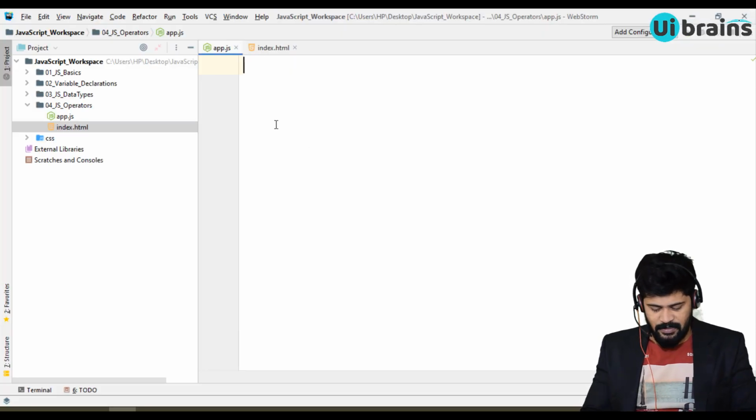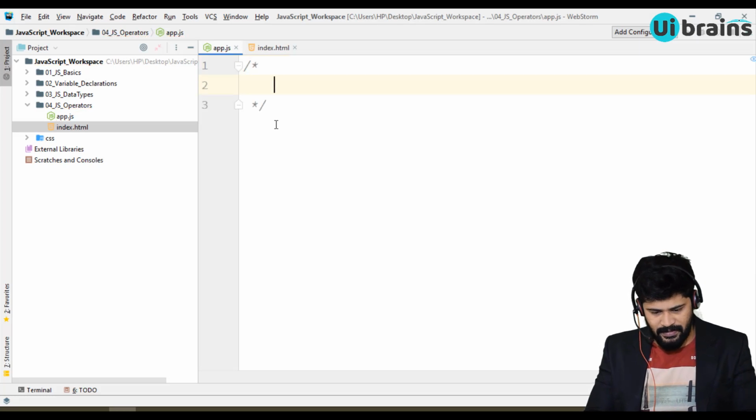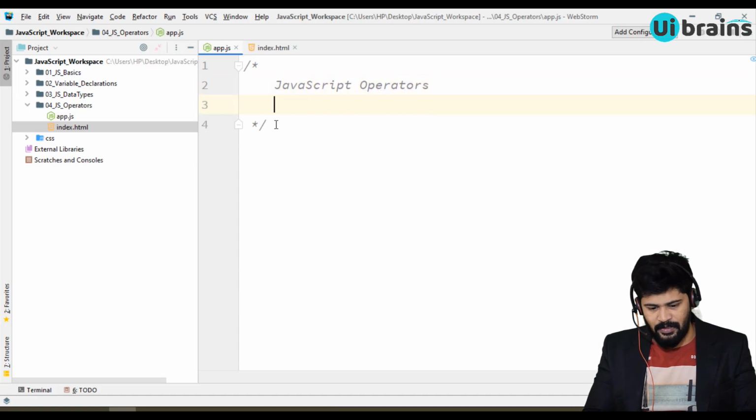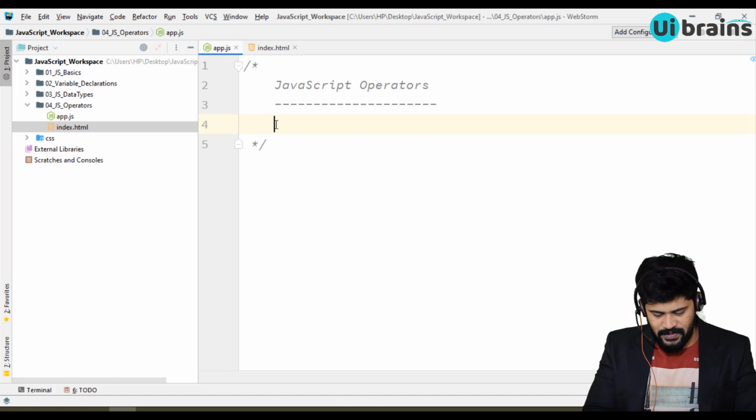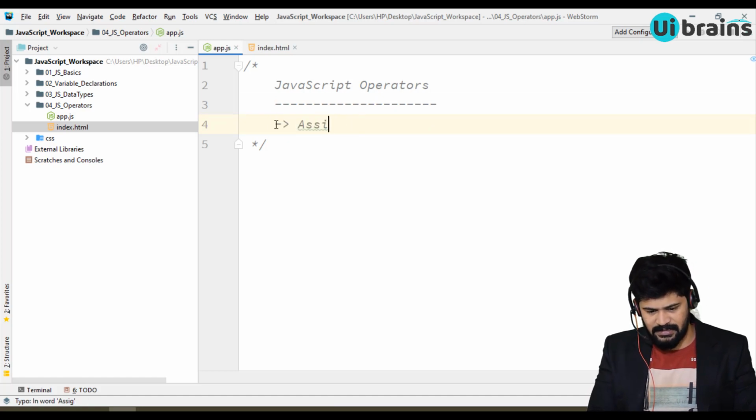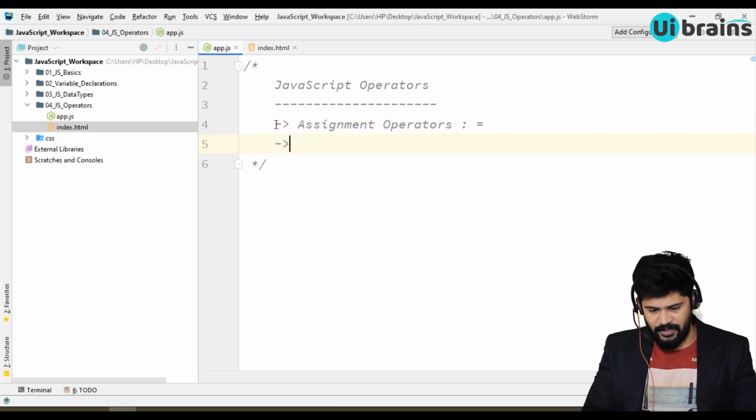So let's start with operators. There are multiple operators available in JavaScript. The very first one is assignment operators. It's the equal to symbol, which is the assignment operator.